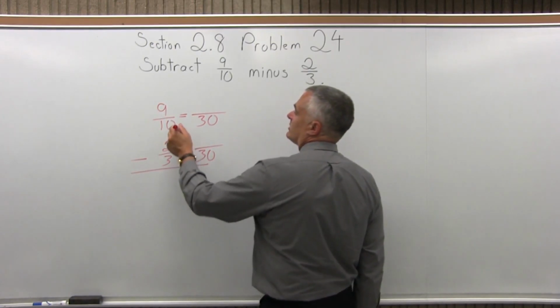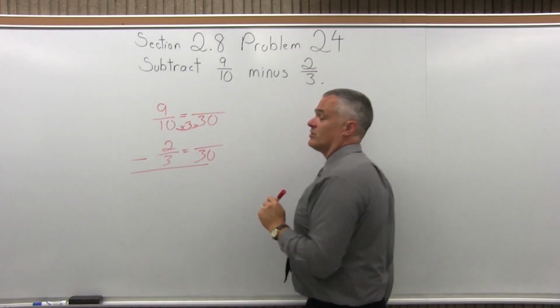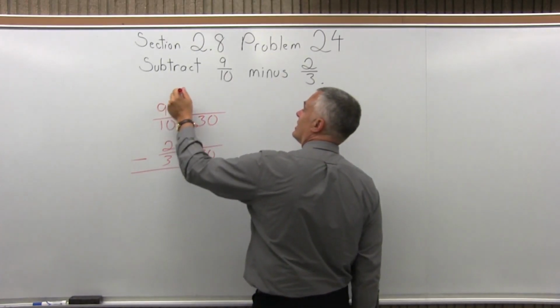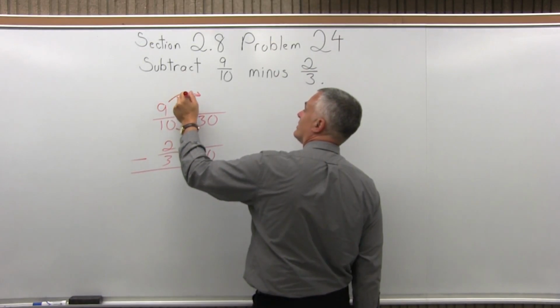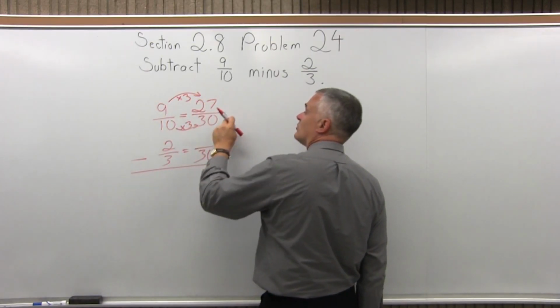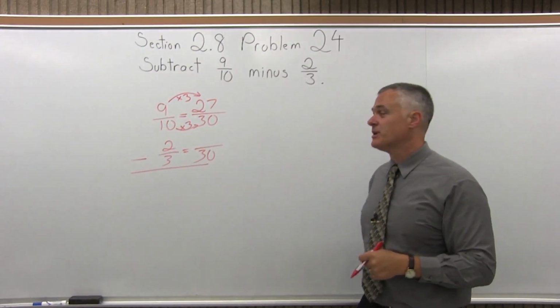So for the 9 over 10, look at the denominators, 10 and 30. 10 times some value became 30. It had to be times 3. So now, take that value of 3 and multiply the numerator times the same amount. 9 times 3 will be 27. So 27 over 30 is equivalent to 9 over 10, but it has that common denominator of 30 that I